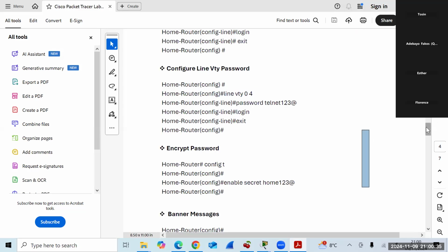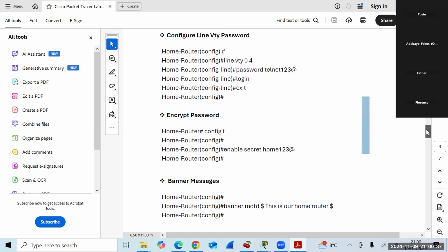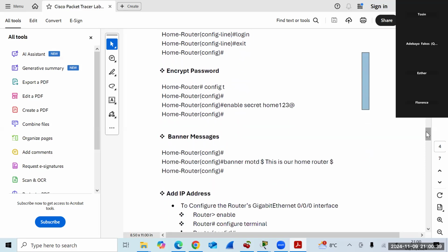The next thing we need to do is the banner message. It's like a description, just to give your router a description. What is the work of the router, what is the router doing? It's just a message, so it's optional, but you can also add it to your configuration just to say, okay, this is the work of this router. For the purpose of this tutorial, I just put this is our home router. So the command line for that one is